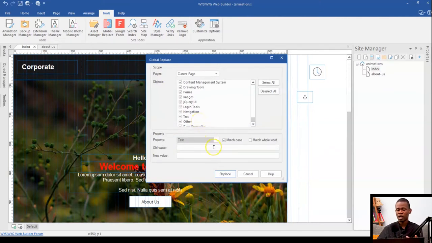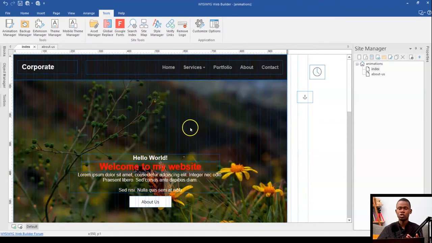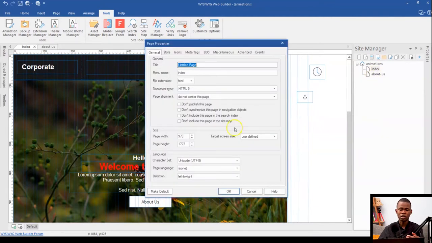Now, one way I have adopted going about the use of the global replace tool is to have some kind of naming convention. For instance, if I have a lot of pages in here, and in the page title I want something almost consistent on all the pages.